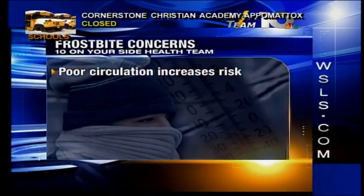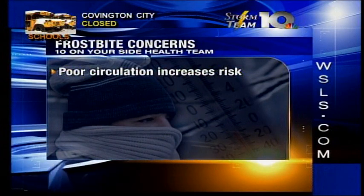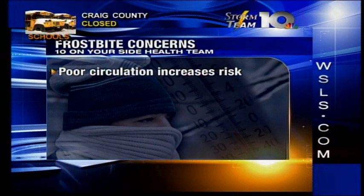I talked with health team expert and Carilion physician Dr. Mark Greenewald and checked with the CDC on the topic. And here's what you need to know. People who have poor blood circulation are at an increased risk for frostbite. You're at risk if your